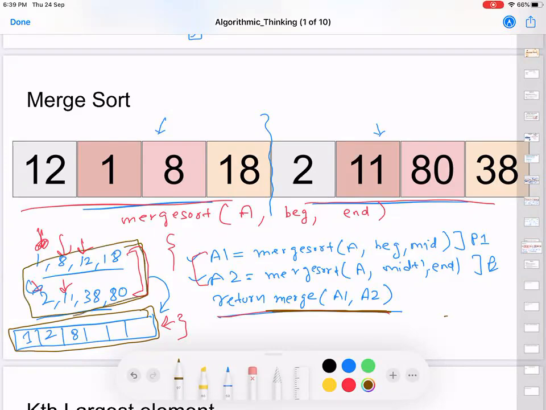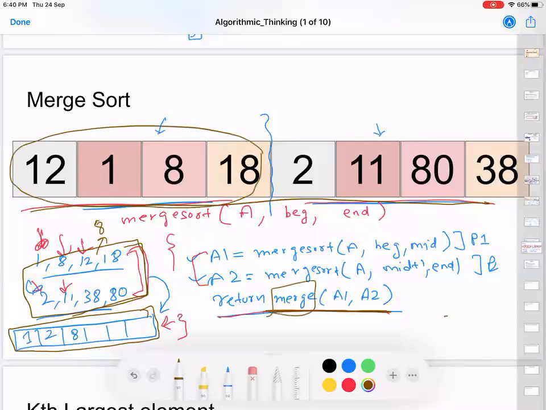So for this particular case, it's going to be almost 8 comparisons here, 8 or 7. So every time this number of comparisons will reduce. As me, I'm the first person here, I'm going to do 8 comparisons for this merging process. But this person here who is sorting this particular part, he will be doing only 4 comparisons. How? You should analyze it and look at it.